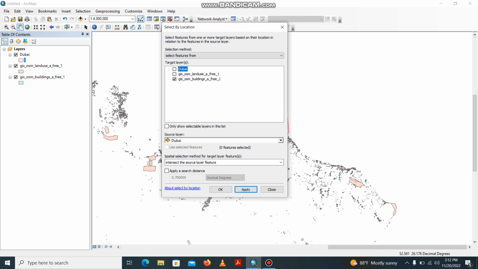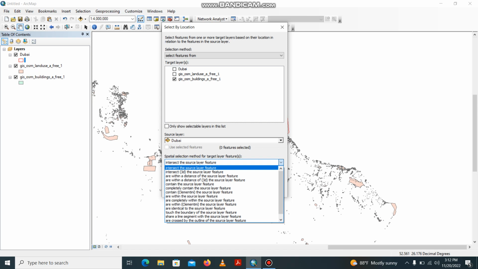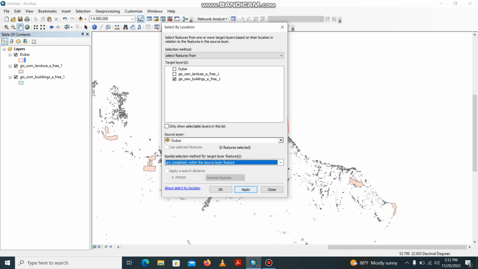I will go with the buildings layer, and now it is asking about the spatial selection method for the target layer. I want all those features which are completely within this boundary, so I will select the option 'are completely within the source layer feature'. When I click on apply,